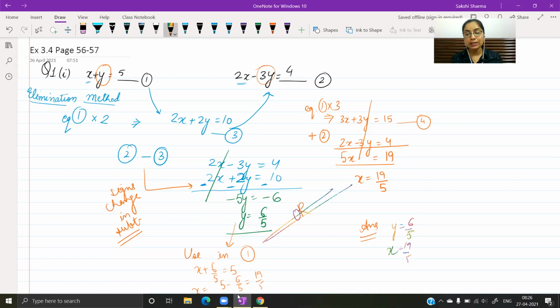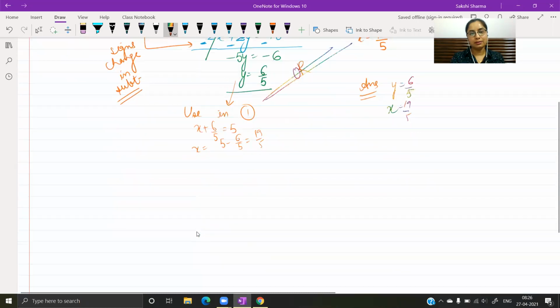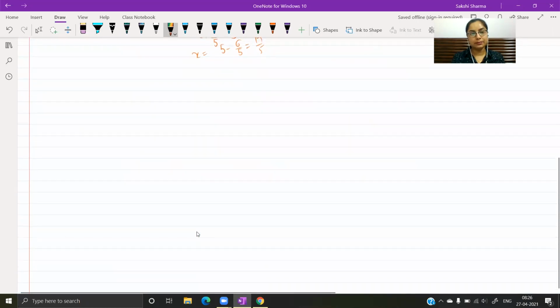If anyone is writing this down, let me know. I'm not doing it with substitution. I'm going to leave that to you. So in case you're not able to solve or your answers don't match, let me know. Okay. Second part, I'm just going to discuss one more part.